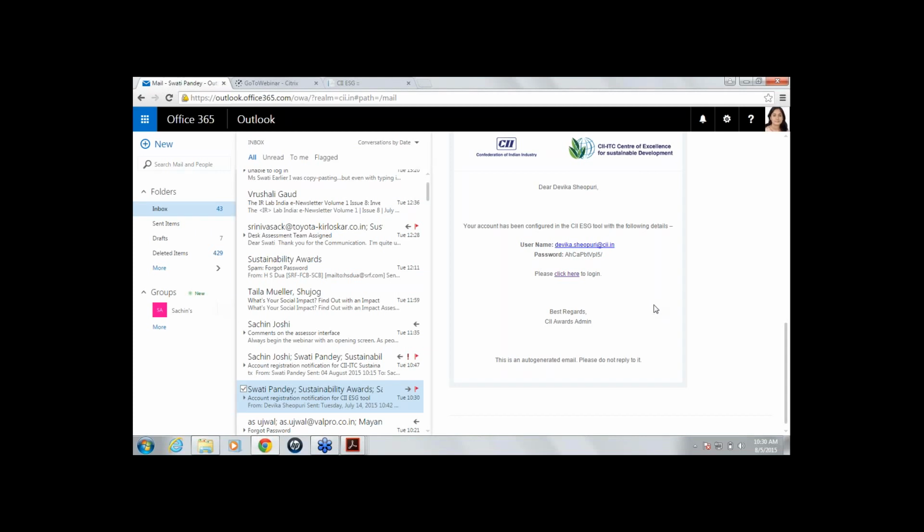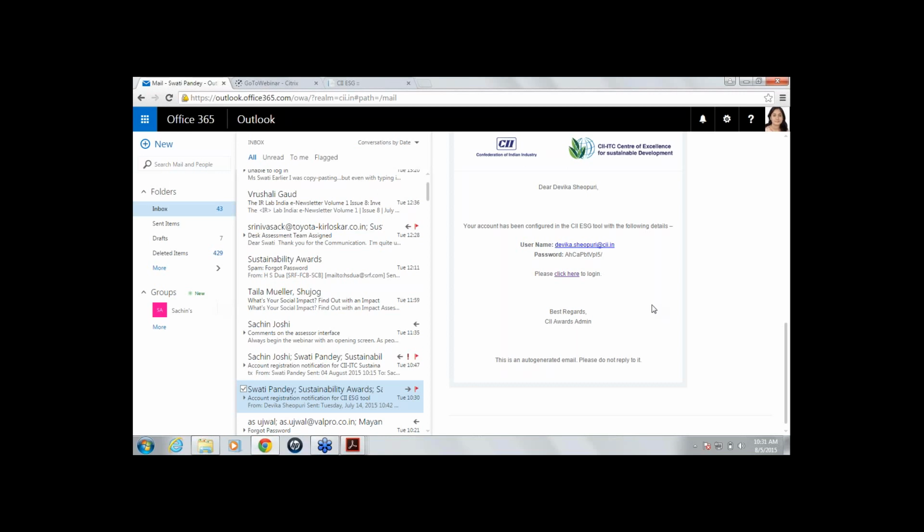Some of you are facing problems with the username or password, with a message coming in as incorrect password. That is happening because you must be copy pasting the username and password. So the request is that don't copy paste your username and password. Please type in the username and password. We know that the password indicated in your mails is a little complicated. The reason is that they are system generated passwords.